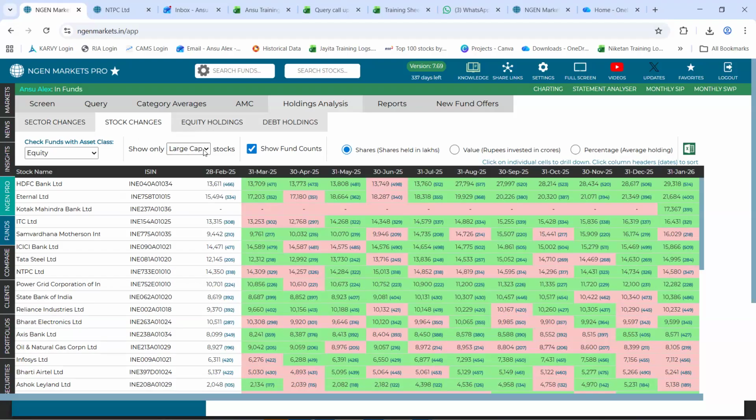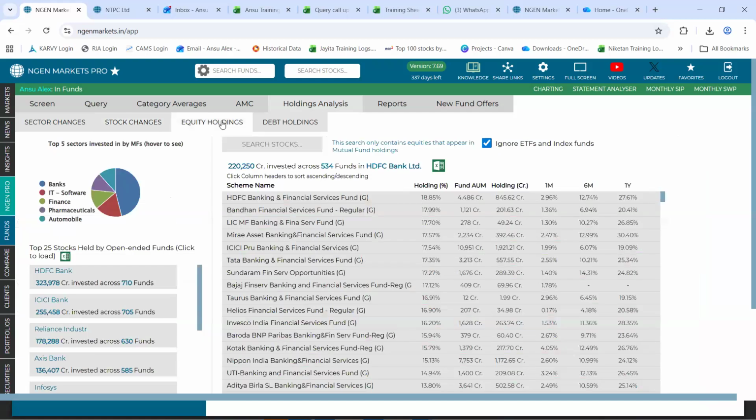Following that, stock changes again lets you know how is the holding of funds changing into each stock. You can categorize the stocks that you see towards the left basis its market cap, large, mid, and small. And this as well shows you the trend. Green suggests month on month increase, and pink suggests month on month reduction. And equity holding is more like a quick search bar option, which gives you a list of the funds that hold onto a respective stock.